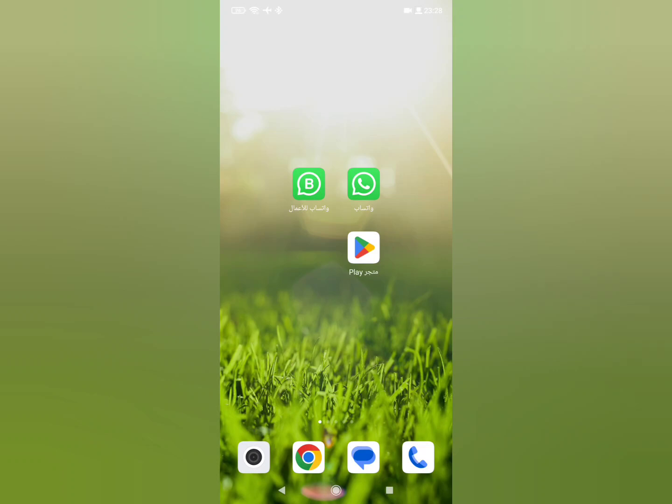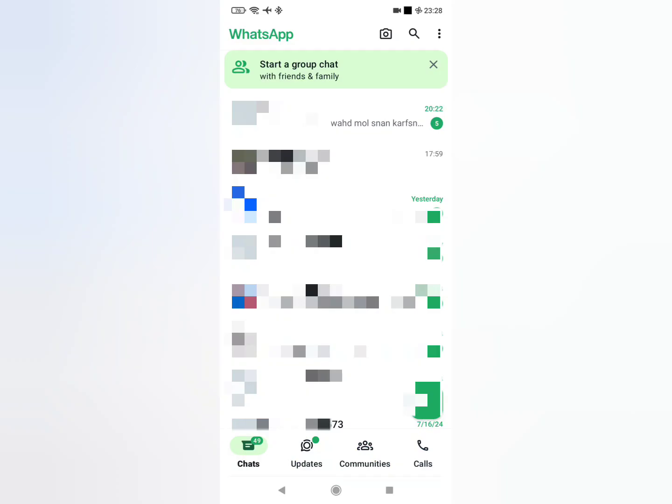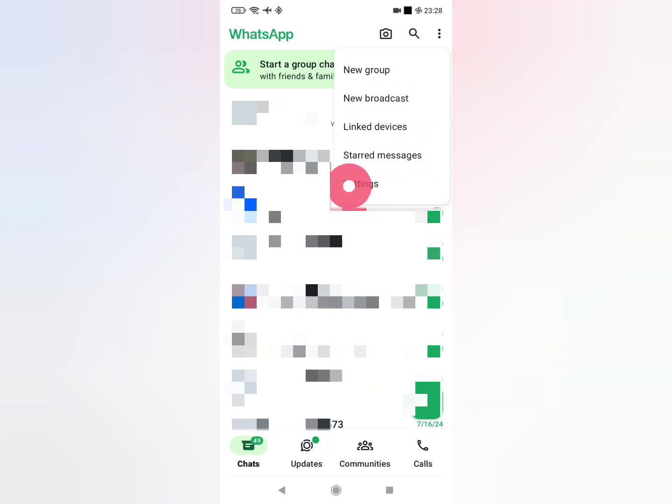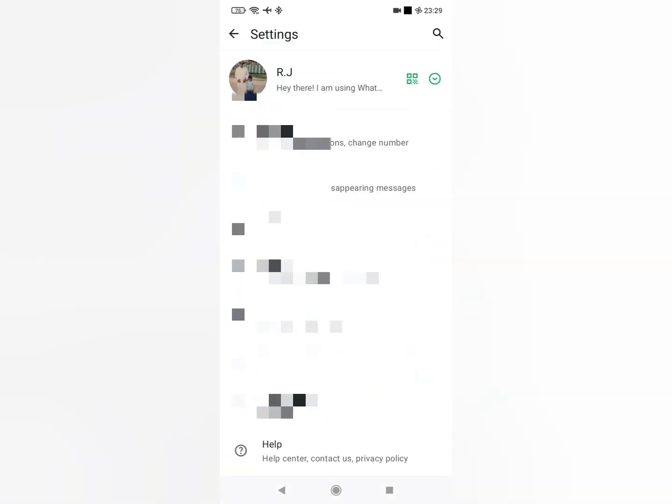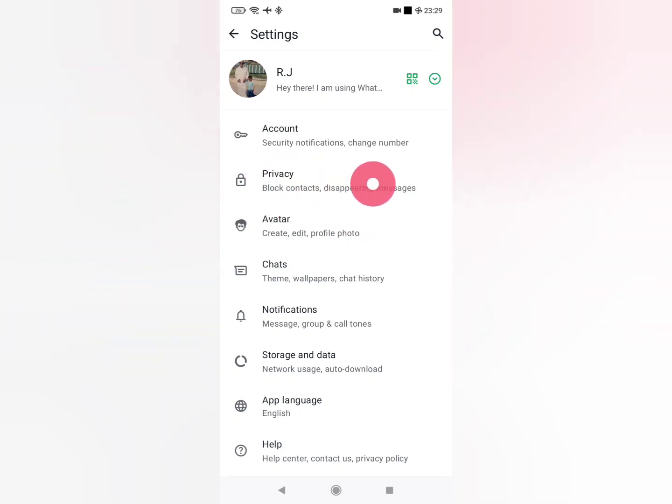First, you need to go to Google Play Store, then select WhatsApp application till the end. Release it so the phone appears with you. The feature, after updating the app to the latest version, open the WhatsApp application like this. Next, you touch these three dots located here at the top. Then you click on the last option, settings. We will directly click on this option